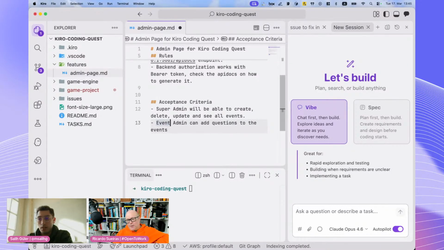So, are we maybe making things too complicated? Do we need a super admin and an admin? I don't think we need to over-engineer this. It's an admin function that has all rights to create, edit. I see what you're saying. You want one admin to be able to create and delete, and then delegate that down to someone. Is that your thinking, you wanted to be able to delegate admin? Yeah. So if that's the case,